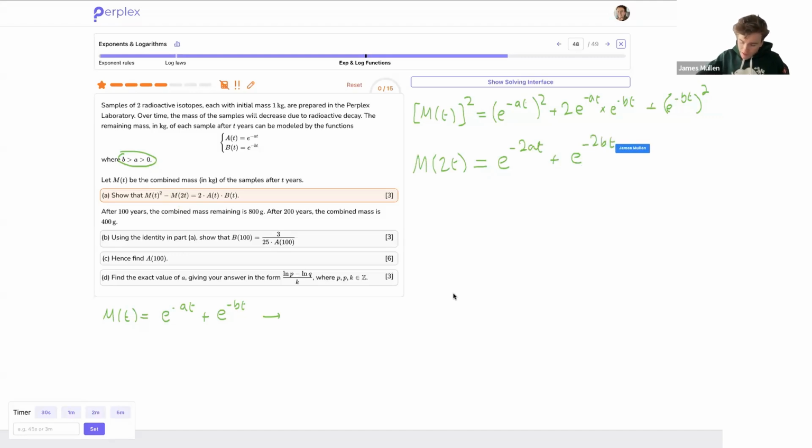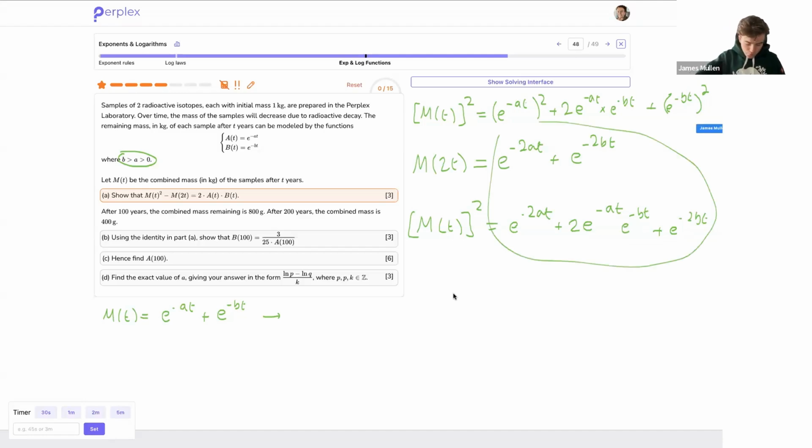All right? And m of t squared simplifies to, if I expand it out, e to the negative at squared is, according to the rules of exponents, e to the negative 2at, and then plus 2 e to the negative at, e to the negative bt, and then plus e to the negative 2bt. And notice then that the only difference between these two is what I have in the middle, this term here. So if I do the subtraction,